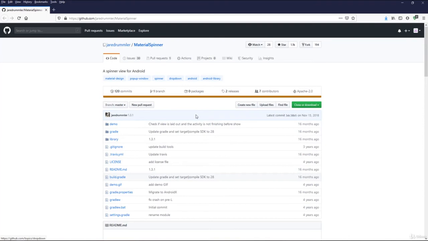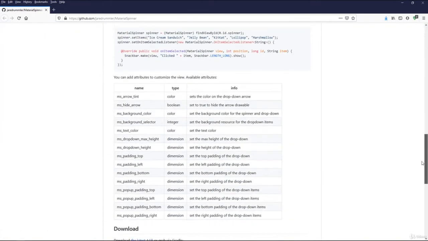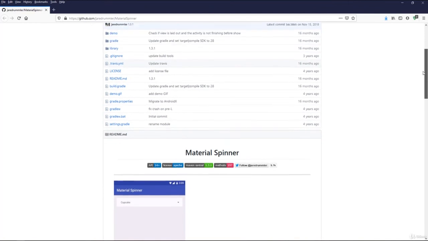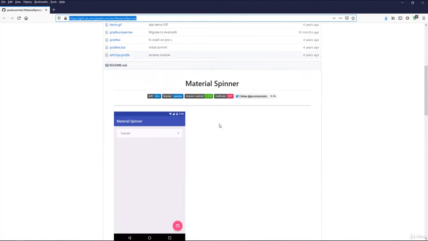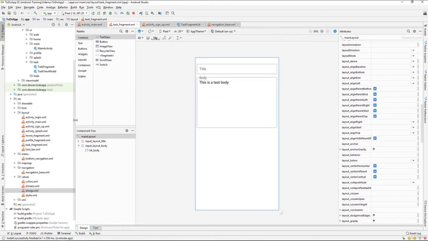You can find it on GitHub. This is an open source library they have created, and it's quite old. If you take note, it has been 16 months since it was last updated. But for our project, we will make use of this material spinner. So you can just go to the material spinner on GitHub. I will provide the link over here, and we just have to implement this in order to make our spinner look something like this. By default, if you try to add the spinner, if you go over here and search for a spinner, and add it,